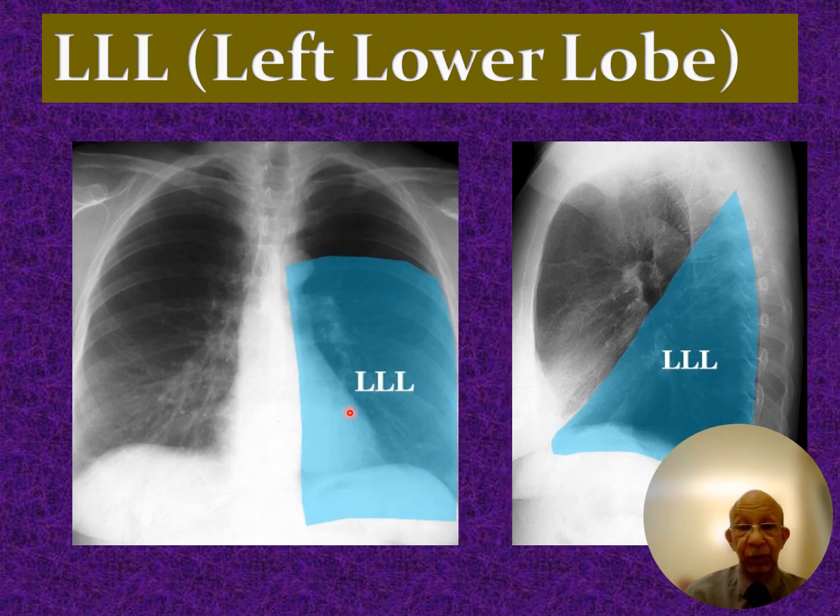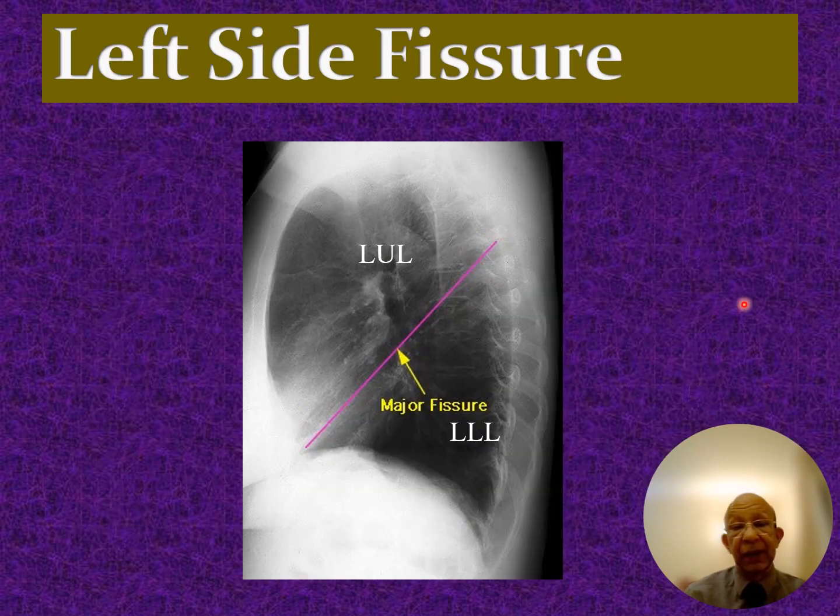If you look at the lower lobe, the left lower lobe actually sits posteriorly. Again, you can see it's very similar to the right lower lobe, occupying mostly the posterior aspect of the lung, with an apex, its peak or tip, moving all the way up almost to the apex of the left lung. And a major fissure or oblique fissure makes up the border between the left upper lobe and the left